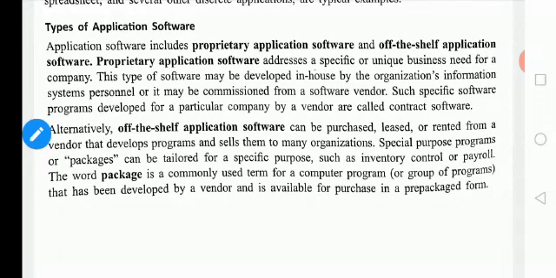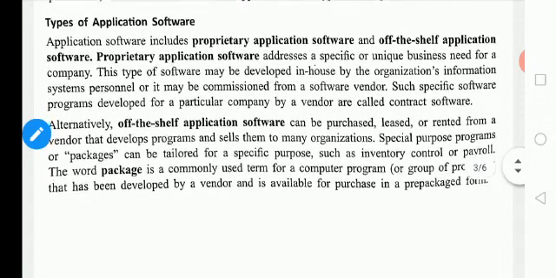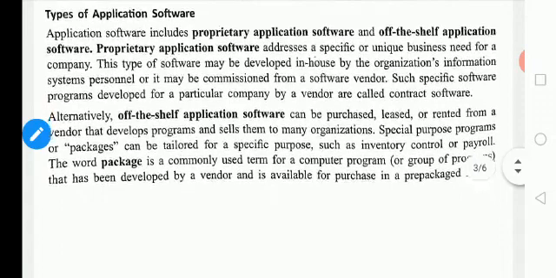All the companies need inventory control software, isn't it, for maintaining their offices, workers' details and also the salary details for payroll, everything. So this is commonly used by all companies. The word package is commonly used for a computer program that has been developed by a vendor and is available for purchase in pre-packaged form. This is the difference between these two.